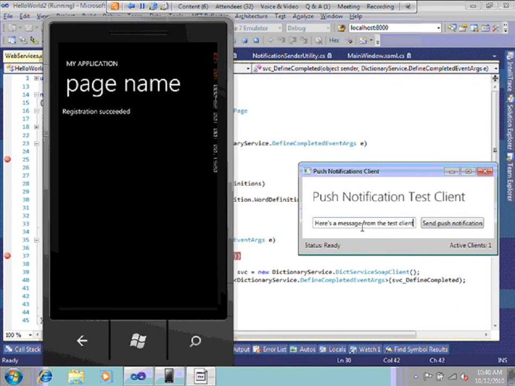So I'm going to send that, and then we'll see back here that I've got text that just shows the raw notification. So this is while the application is running. It's similar when the application is not, to be able to do things like update a badge count on the live tile that's on your